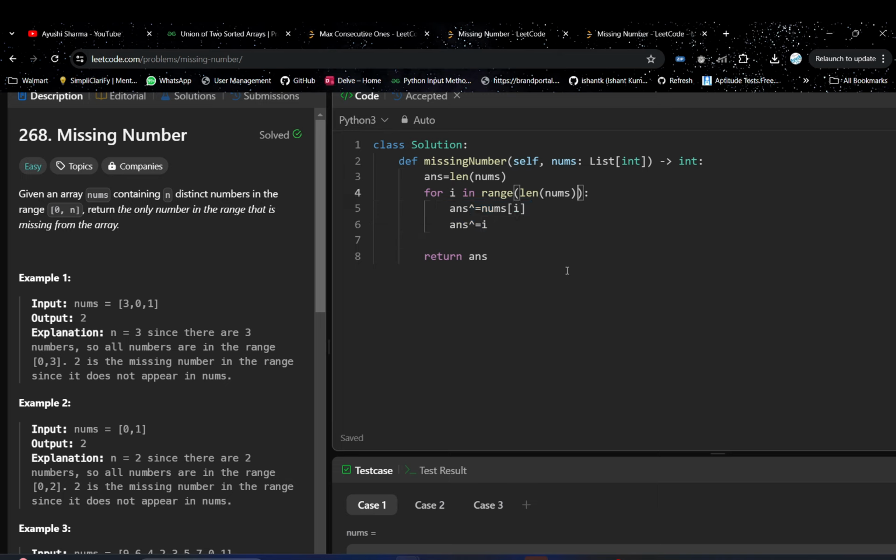Okay, since it will be 0, you can take a +1 also here. Because this will start from 0 till it will go till length +1, that is 0, 1, 2, 3, and so here you are XORing with the number and XORing with the i value, which will range from this, and at last return answer, because that will store your missing number.